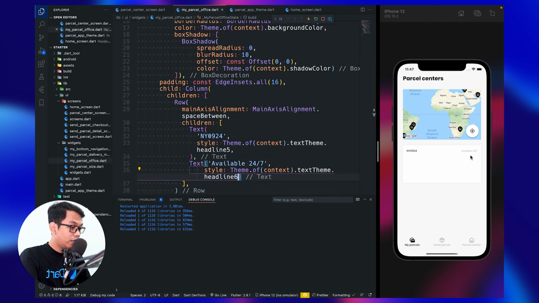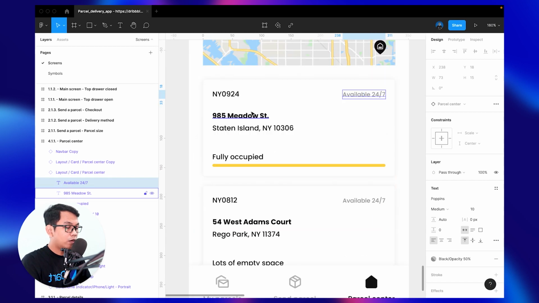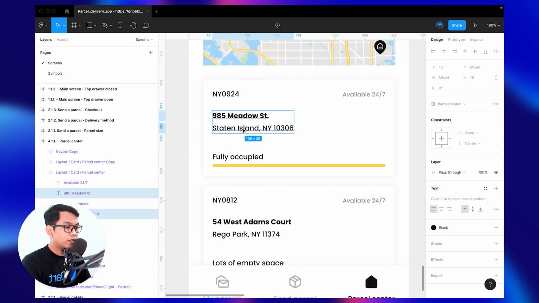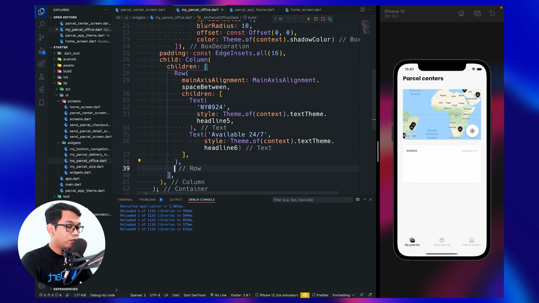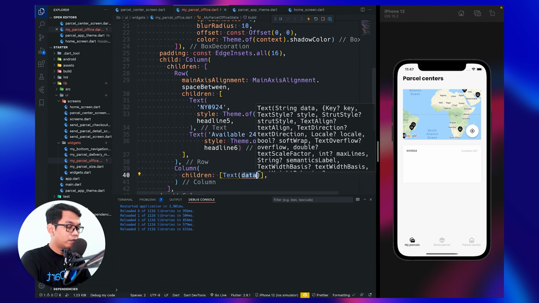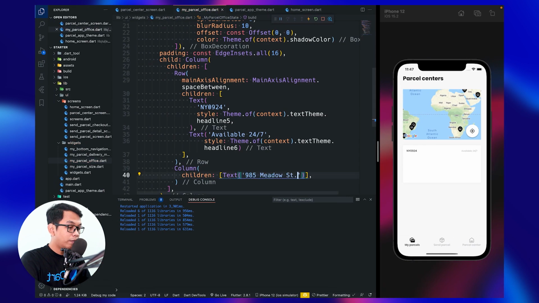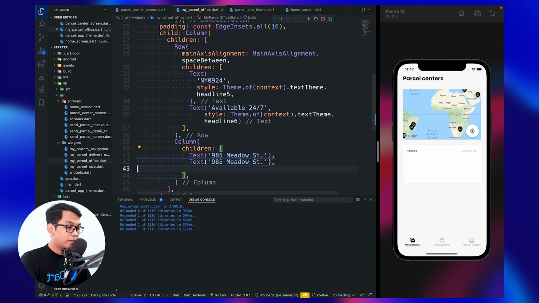All right, we see available 24 in week. So below that we have a column widget. Below our row widget we add a column widget again, and we say children using text. And for the first text is our office name, and below that text again using the office address.